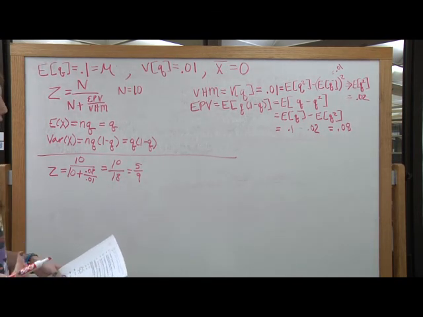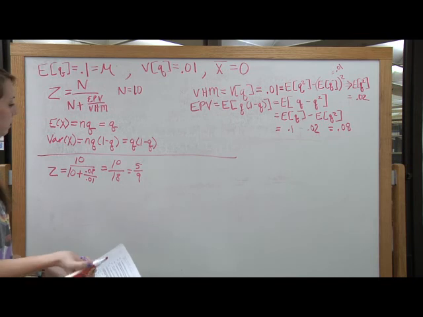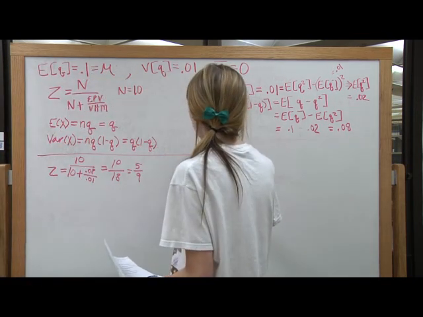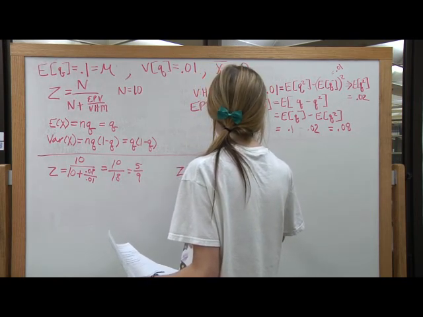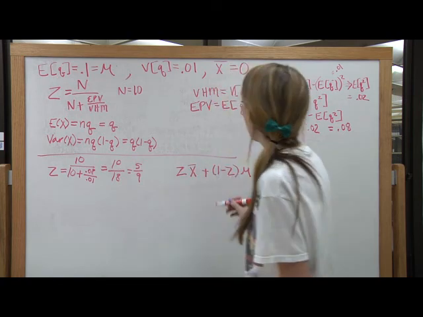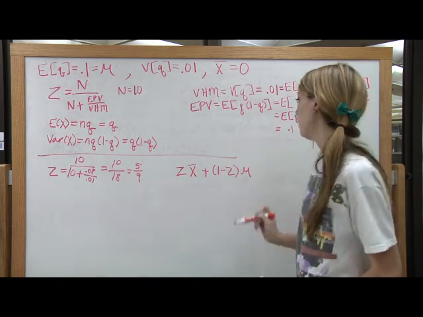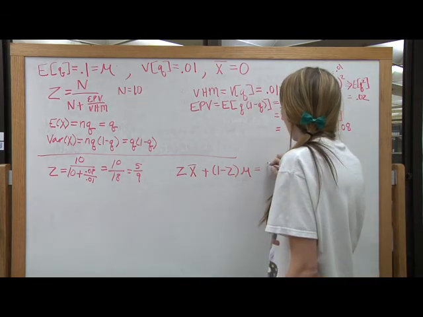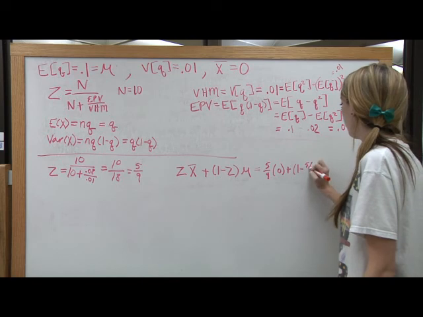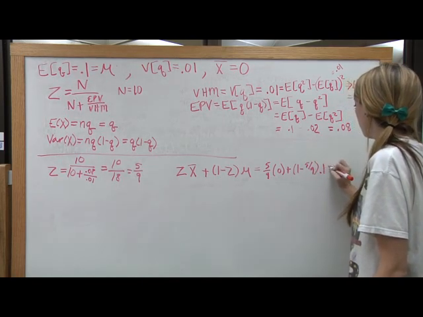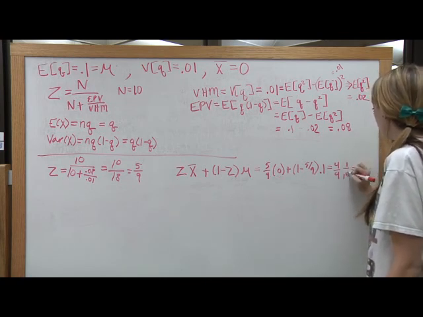So first of all, we're going to have to find the expected number of claims for the next year. So that is just the same formula as the credibility premium, which is z times x bar plus 1 minus z times mu. And x bar is 0, as we had in the problem, and mu is 0.1. So this becomes 5/9 times 0 plus 1 minus 5/9 times 0.1. So that's 4/9 times 1/10 equals